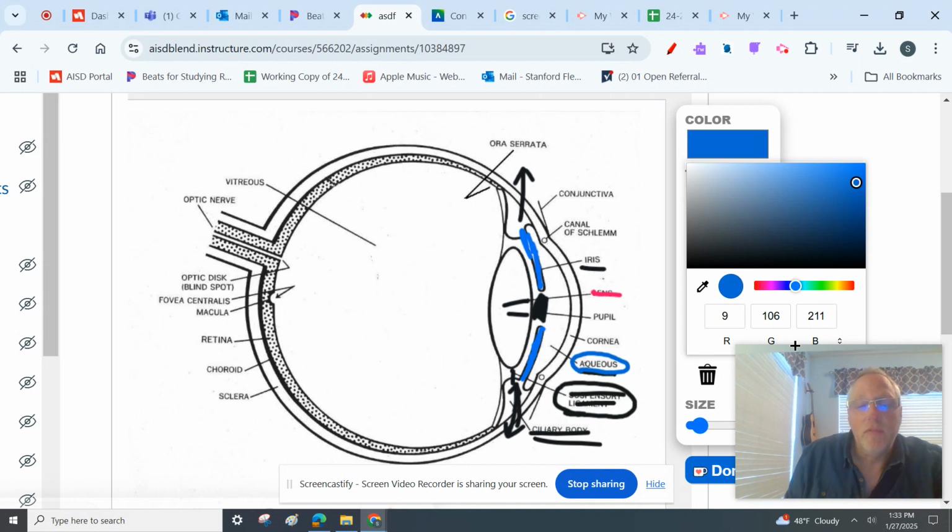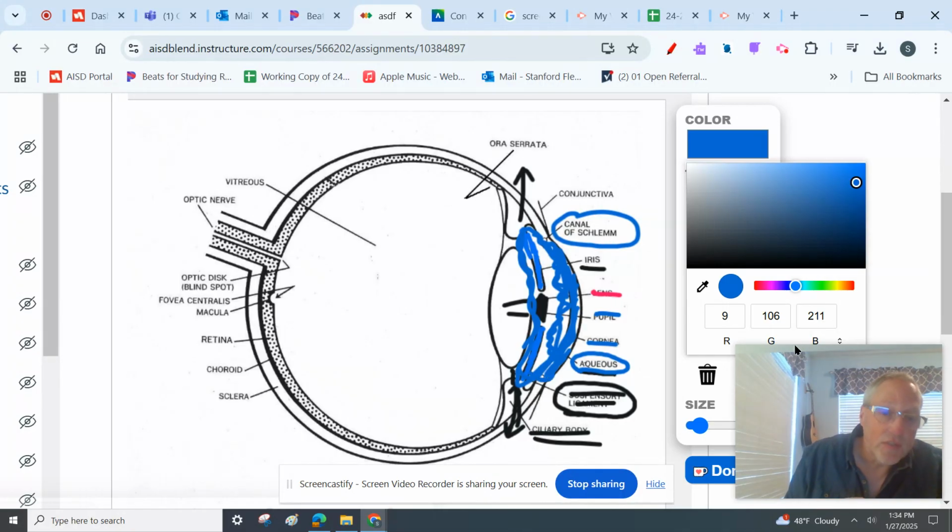And it's basically fluid that is all in here that keeps the lens wet and moisturized. And that flows around the cornea, pupil, the canal of Schlemm. The canal of Schlemm is responsible for releasing this. Here's the canal of Schlemm in here. It takes this fluid and releases it into the eye, and it flows around, cleaning